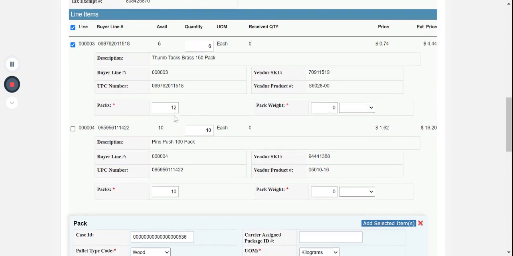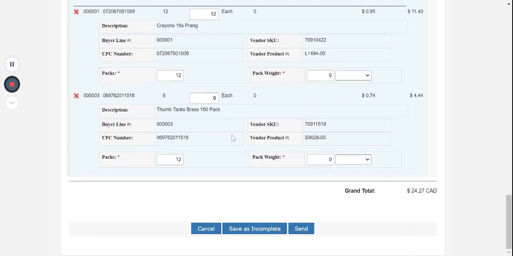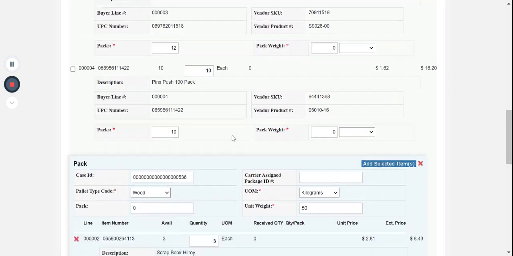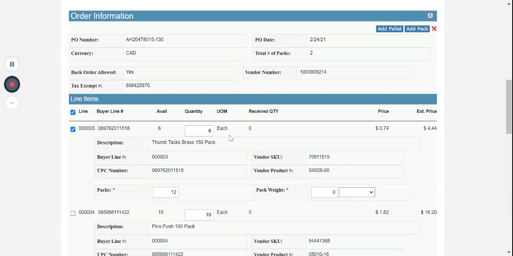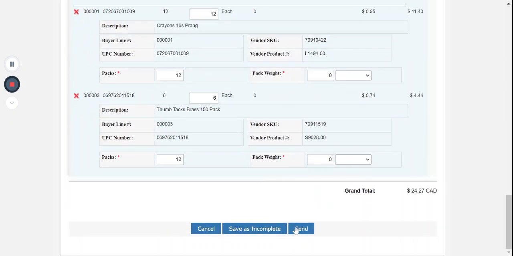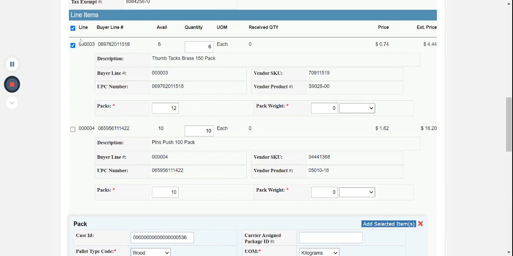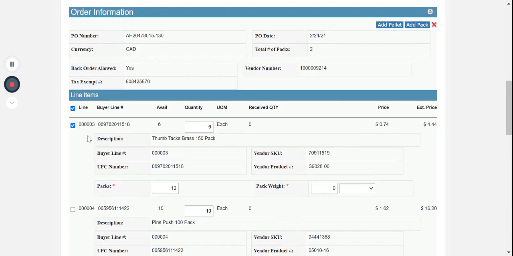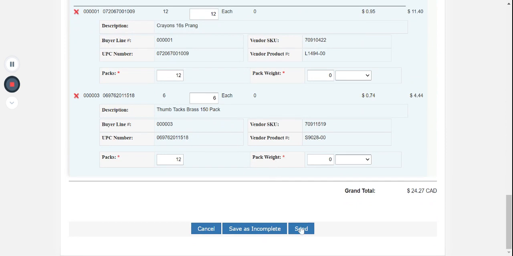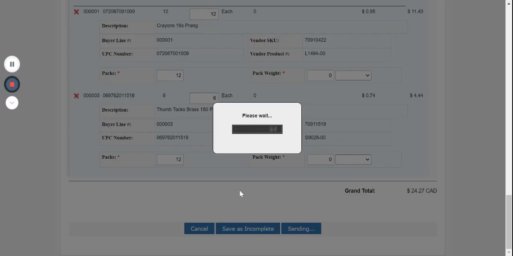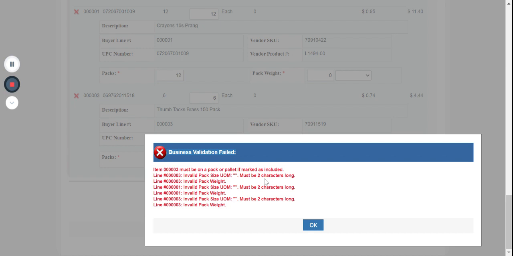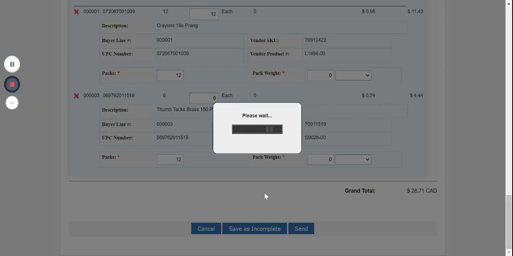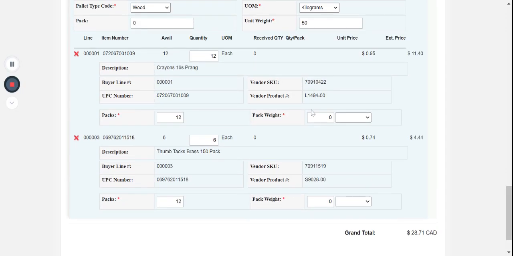At this point, if you are partially shipping this order and you're done with this particular ASN, you can submit it as is. Now make sure before you click send that you don't have any line items in the order information still checked on. If you do, you will get an error message, which I'll demonstrate now by clicking send. It's trying to validate that item that's been checked, and it's also indicating that the pack weight I forgot to enter on this particular carton, because this is required